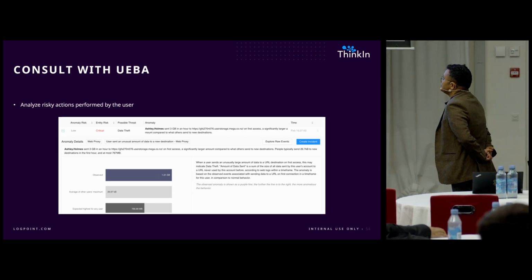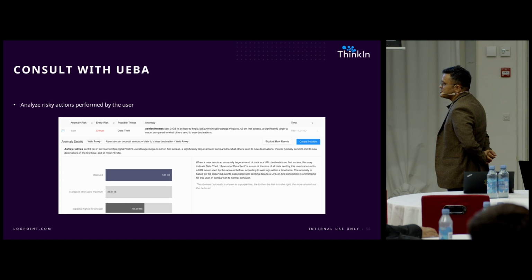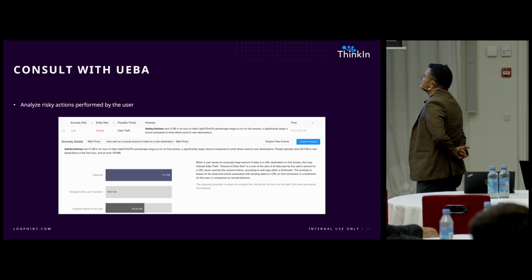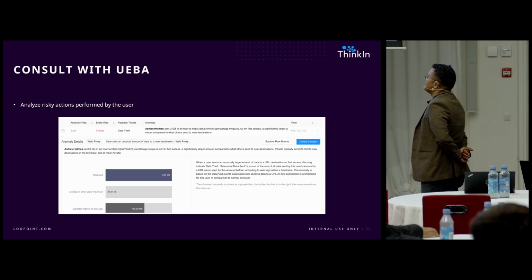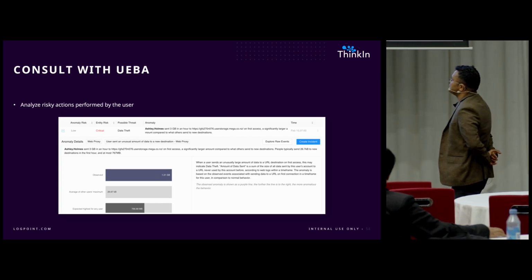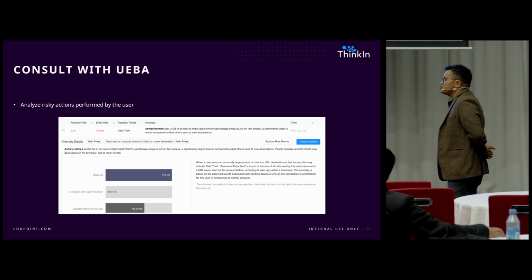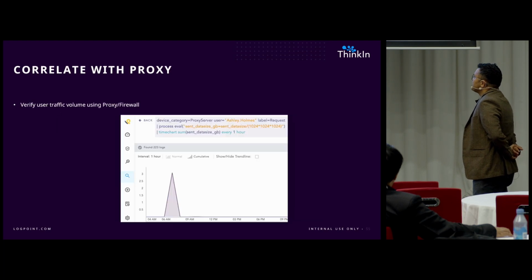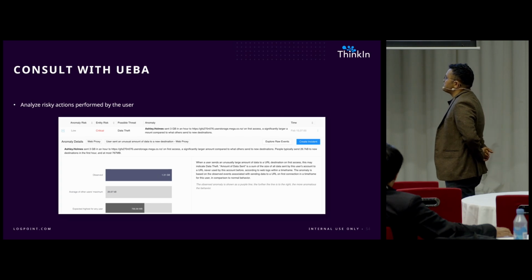Looking further into the UEBA dashboard, here as an example we are specifying a very specific use case: a user is seen exporting or uploading a significant file to a cloud storage. If you look into the log itself, it's saying mega.co.nz. That's a cloud storage often used by threat actors as well. So let's get back to this. If you see the observed pattern,